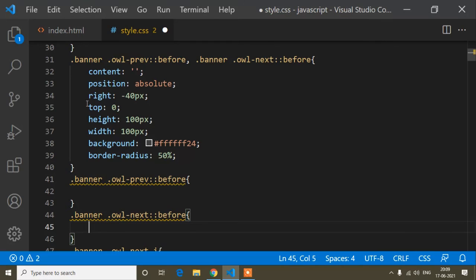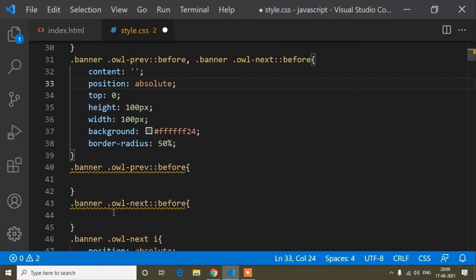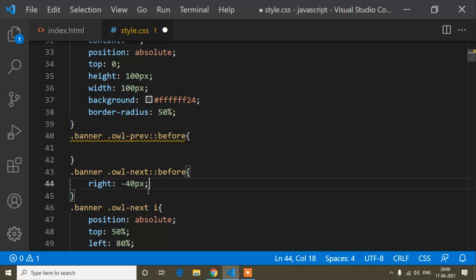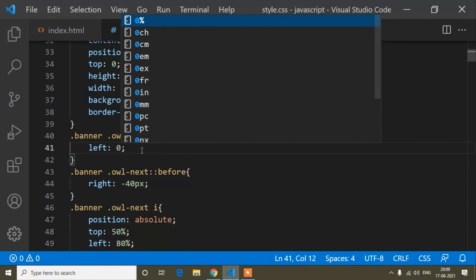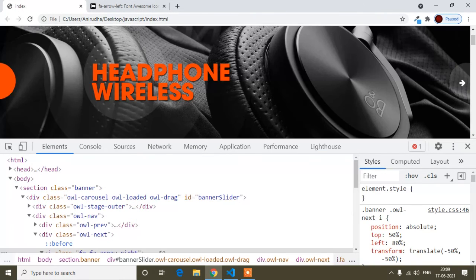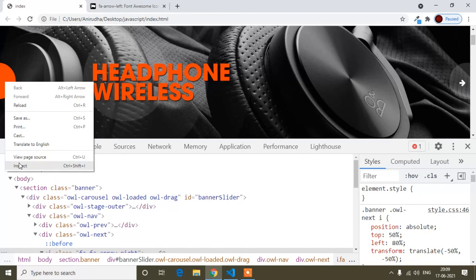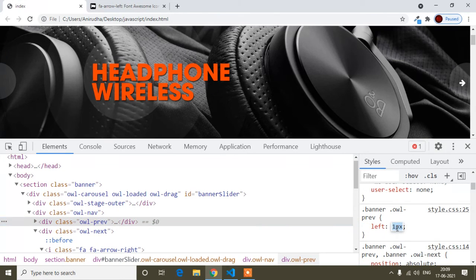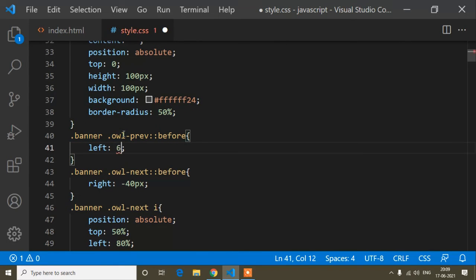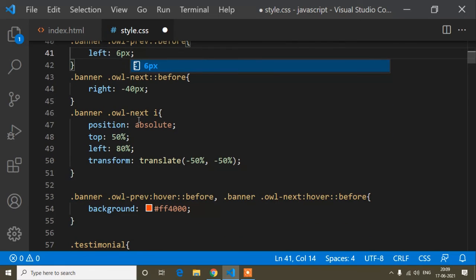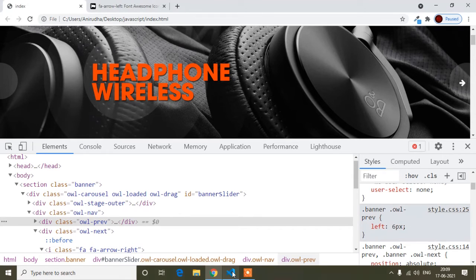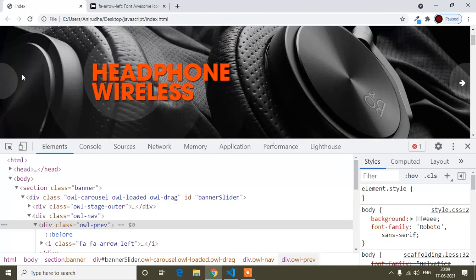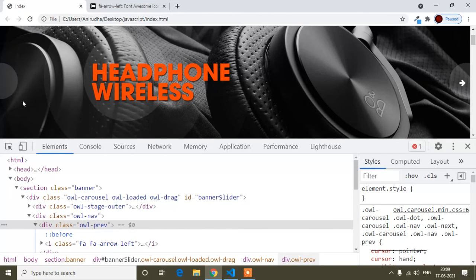So the next write property we know minus 40 pixels, so that I will cut from common CSS, just I will write. And the before CSS property, first of all I will write is left 0, and after that I will check it's coming or not properly. So you can see it's coming here. So just here I will write not left 0, I will write this one like this, left 6 pixel. So for this one left is 6 pixel. So this is done, and first of all I will save, and if I refresh, so you can see here like this, it's like this, but the icon is not showing.